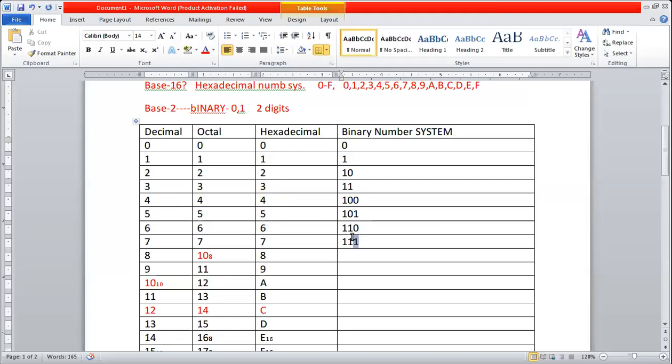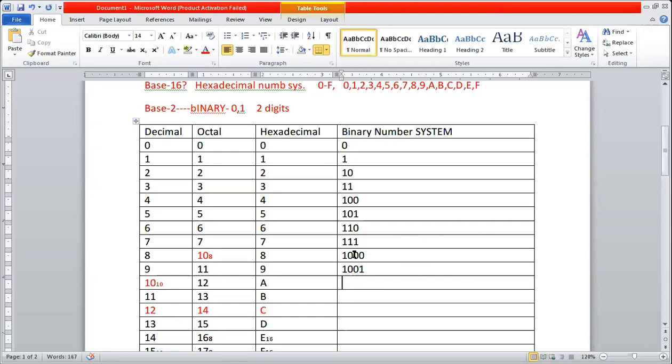Are you understanding? See, if I take now 100, the 0 is going to be repeated 2 times. And again, this 0 is going to be repeated 2 times. So total, it is 111. After 111 again, 1000 will come. Then 1001. The last bit is going to be repeated here, 0 and 1.